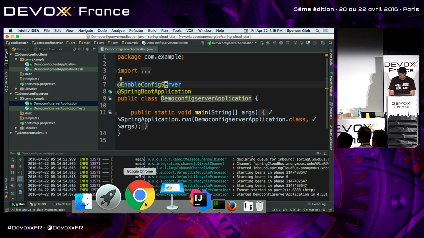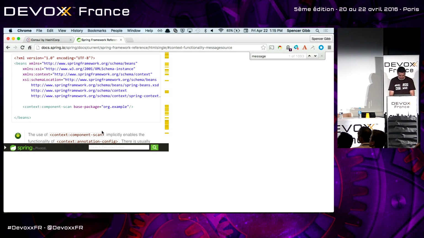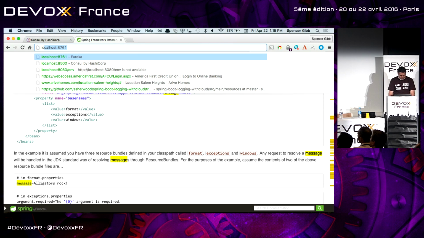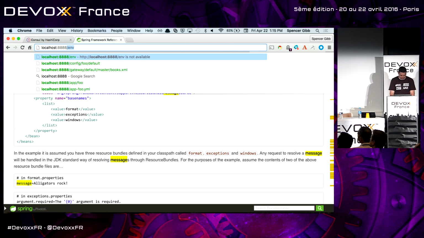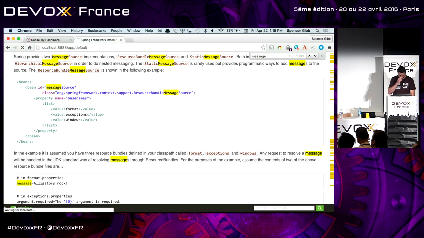Hopefully we'll see something here. So in the API, this is a little hard to see, but the first parameter is the name of the application, and the second one is the profile.